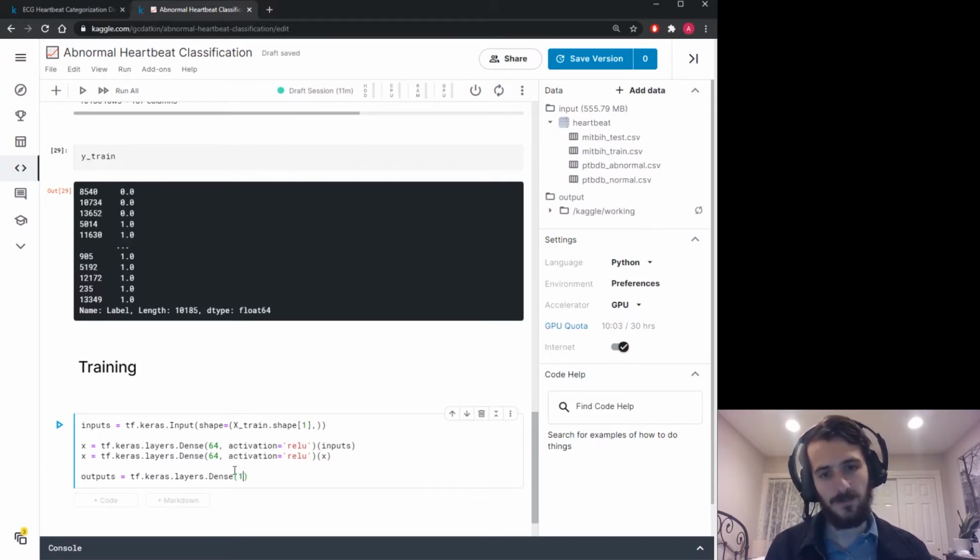We're only outputting one value, which will be sigmoid activated, which means it will return a value between 0 and 1. This value will represent the probability that we classify a given example as abnormal. If it goes over 0.5, we'll automatically classify it as an abnormal heartbeat, and if it's under 0.5, we'll classify it as a normal heartbeat. So we're just going to pass in the output from x and then create our model,